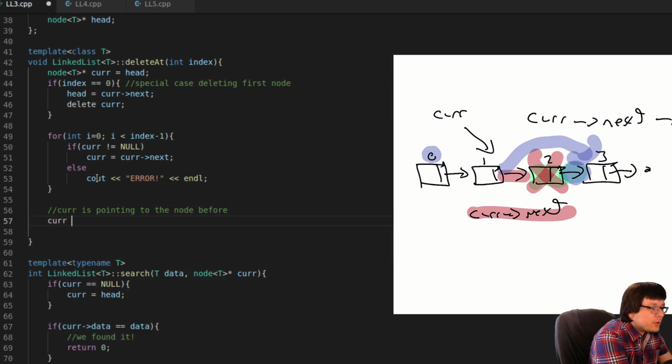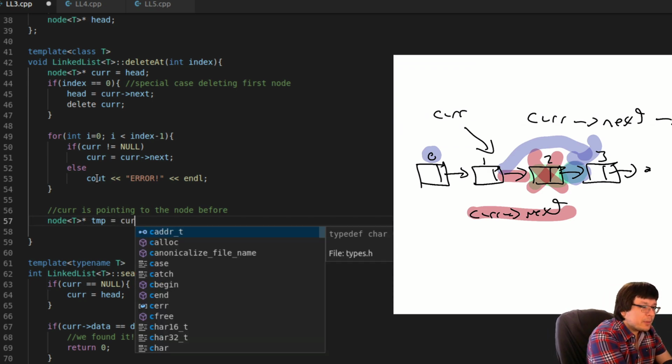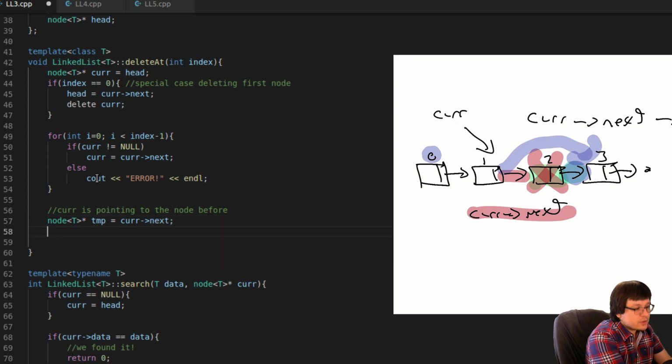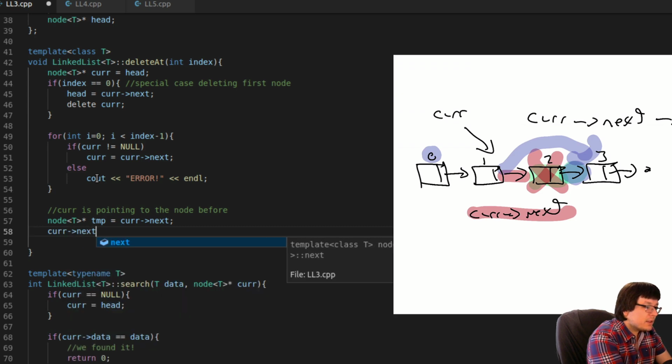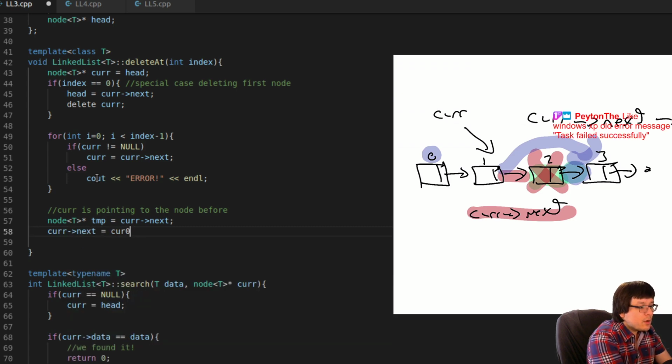So now what I want to do here is I want to be careful how I do this. I'm going to need another temporary pointer for this, actually, probably, so that I don't have a dangling pointer issue. I'm going to go ahead and make that temporary pointer be the node that I want to delete, which is cur next. Okay. Then now that I've done that, I'm going to update the cur next pointer with the node after the next one.